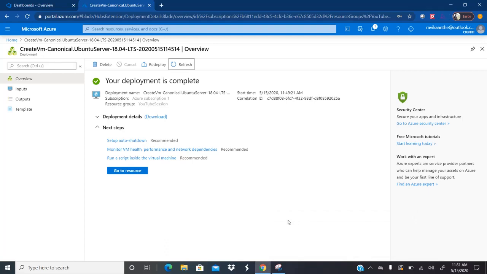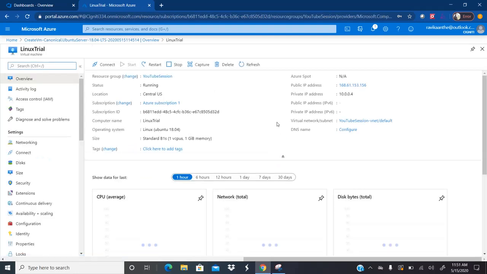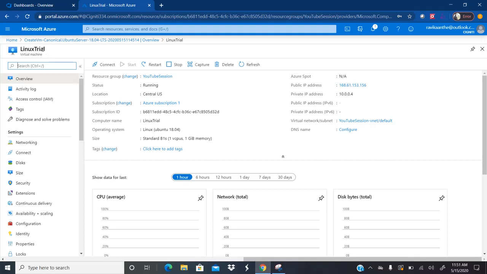See how easy it is to create your virtual machine in the cloud, basically to create a computer. Click on go to resource to see your virtual machine details. My virtual machine name is Linux Trail, and my virtual machine IP address is this one.